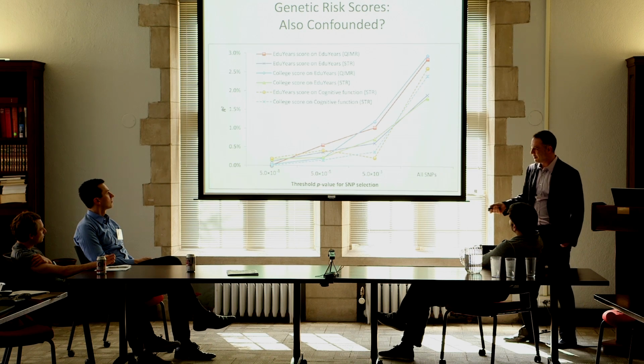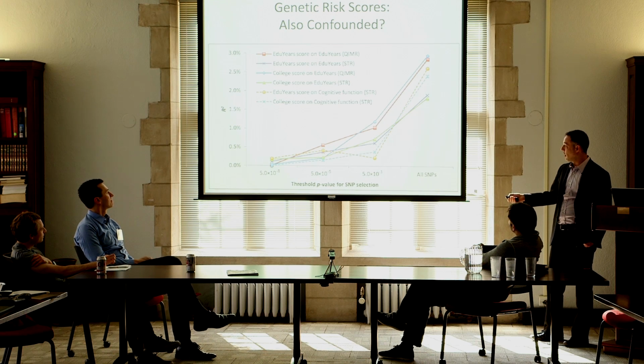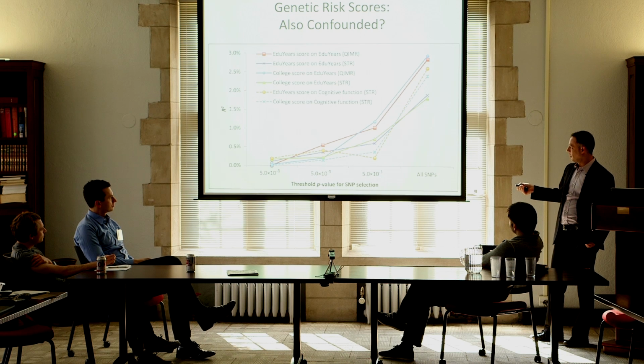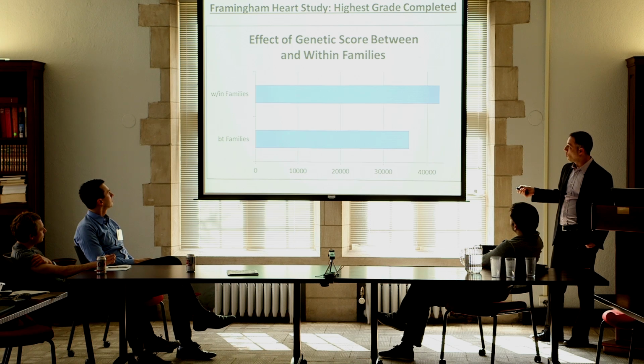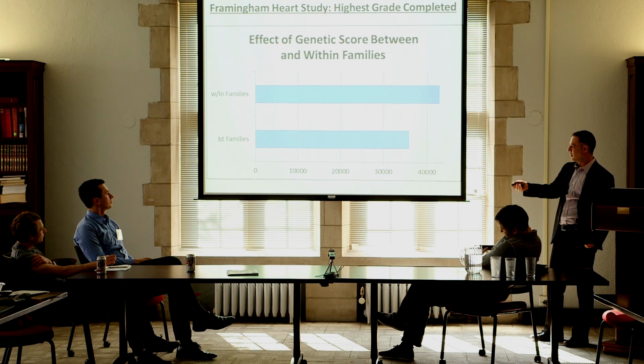You recognize this figure. This is your figure from the Science paper showing the high polygenicity of educational attainment. Even when you go from marginally significant to all SNPs, you're increasing explanatory power. Philip already mentioned that when you do this within families in the Psychological Science paper with three different samples, it's still powerful. I didn't know you were going to show that, but these are the results from Framingham, and you see that